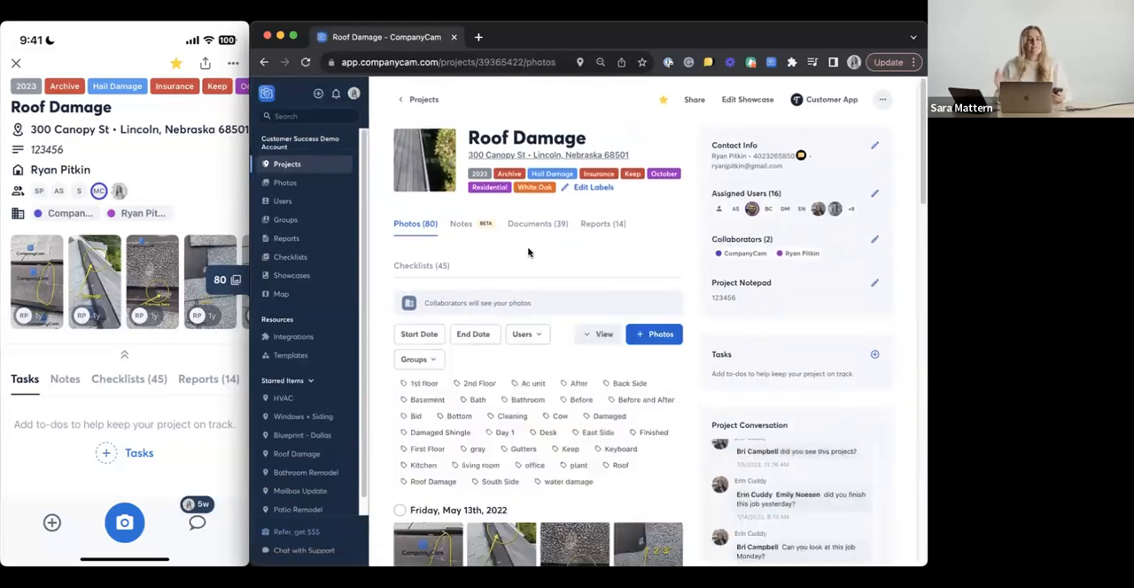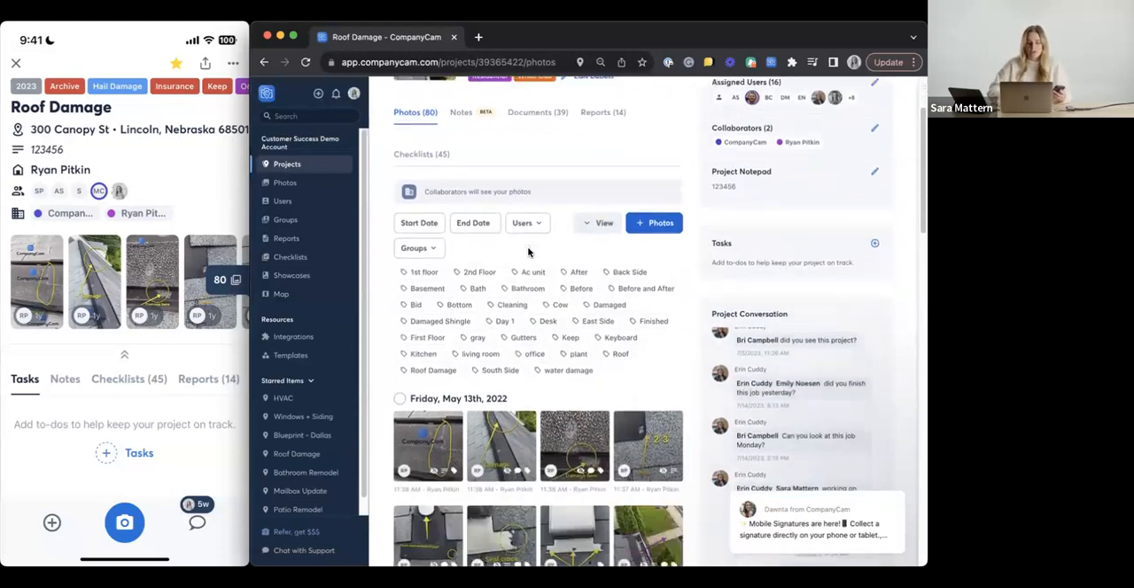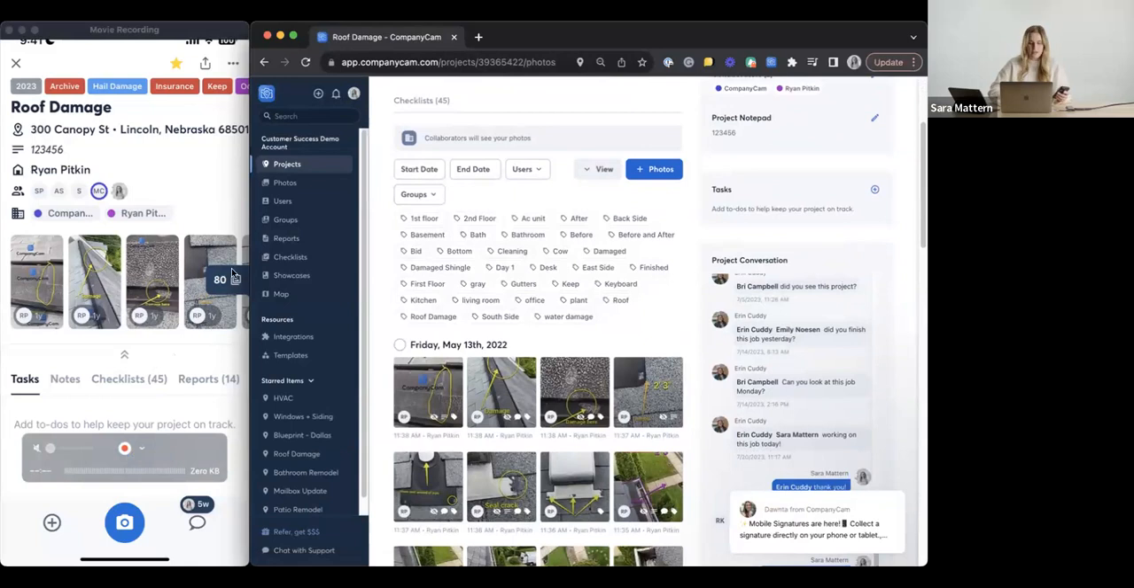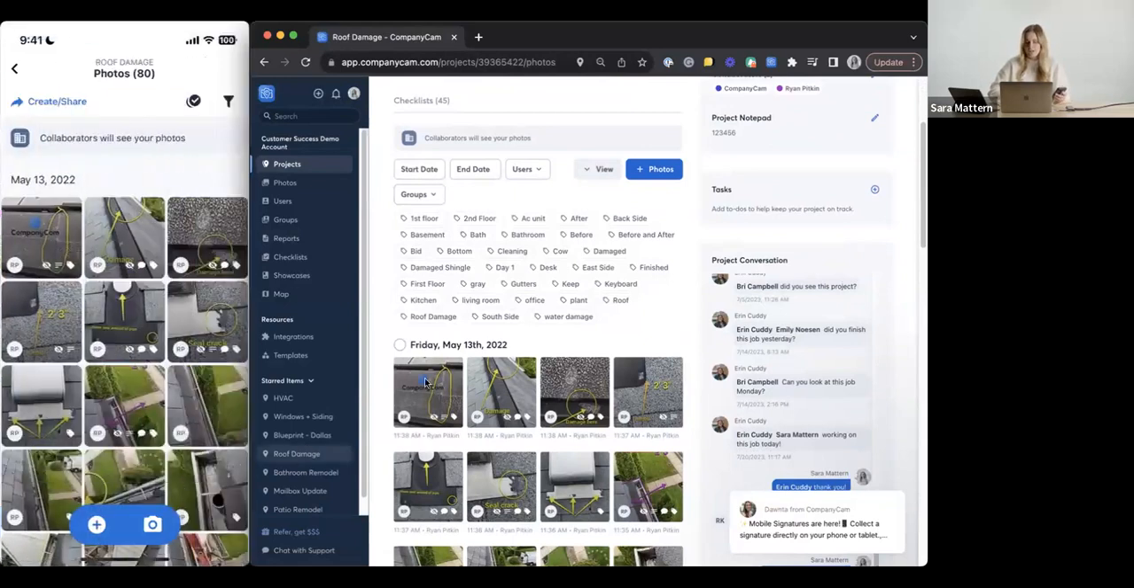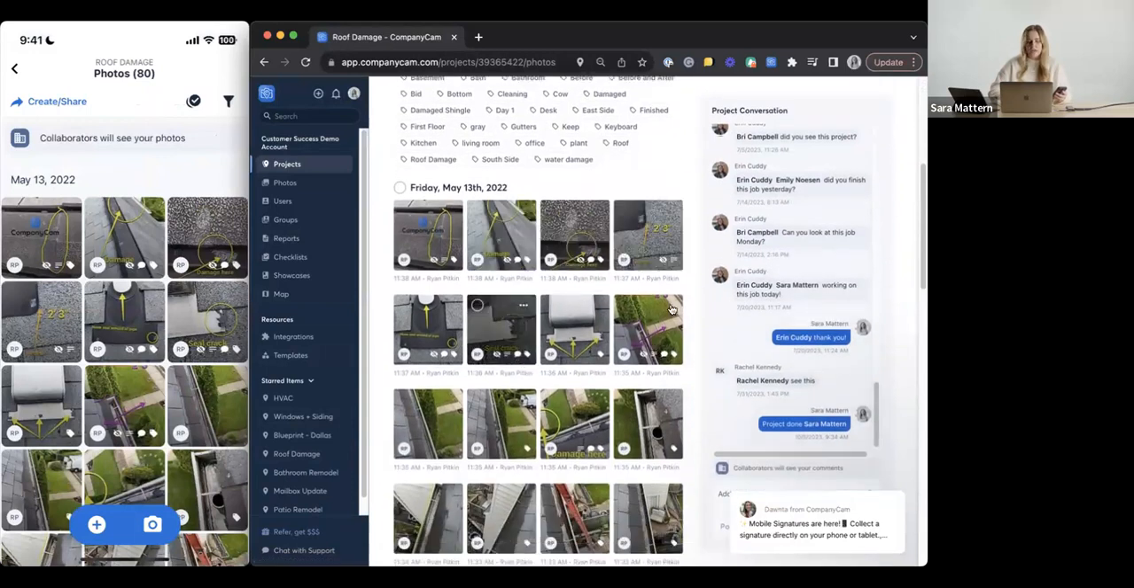So again, tags are going to be on the photo side. Labels were project, tags are photos. So you're going to want to get to that photo feed within your project. I'm going to go ahead and click on my 80 here in the right corner. I've got 80 photos in this project. And then here I can just scroll down and see all the photos within this project on the web side